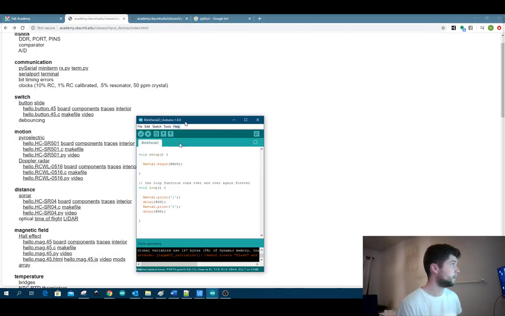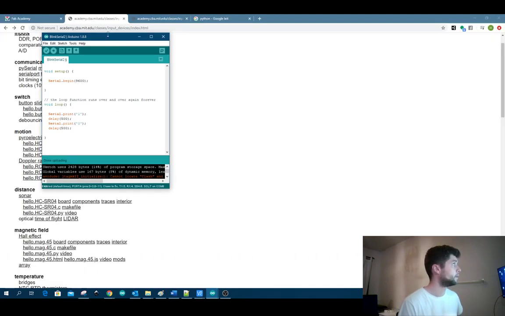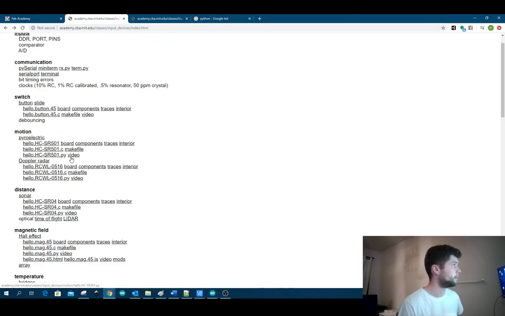So here's an example Arduino script, and if you were to just go here into the serial monitor, you would get the same code, 0 or 1. And here is a mock code. It just mimics what is happening, and here I actually have a 2 instead of a 1, but 0 or 2, it doesn't matter, because if we then took a look at the Python code over here,